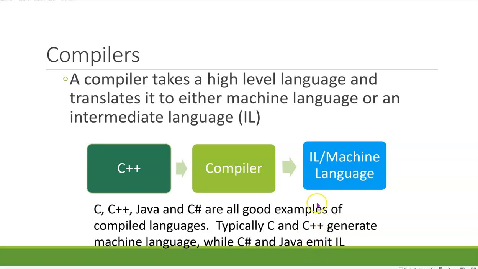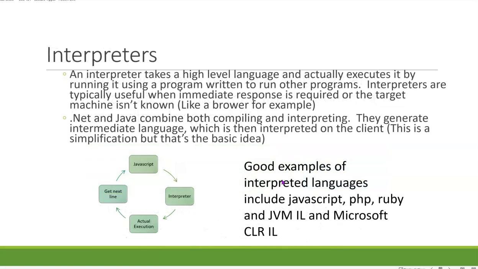And the main reason you'd use that would be to make it portable, because if you have an intermediate language, you can just create an interpreter for that intermediate language and use it on another computer. An interpreter takes a high-level language and actually executes it. It actually walks through the program. Interpreters are like somebody who, as you say the words, interprets. Translators or compilers are somebody who you give them a book, they convert the book from English to Spanish, and